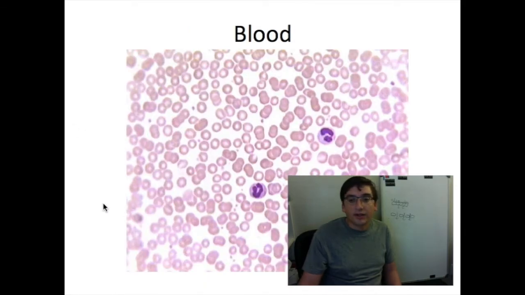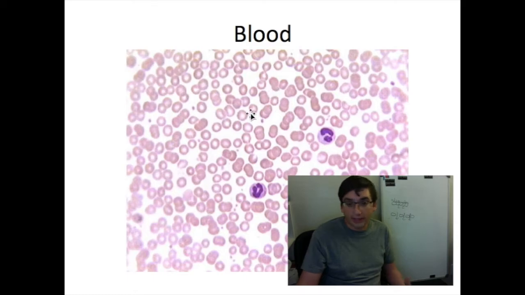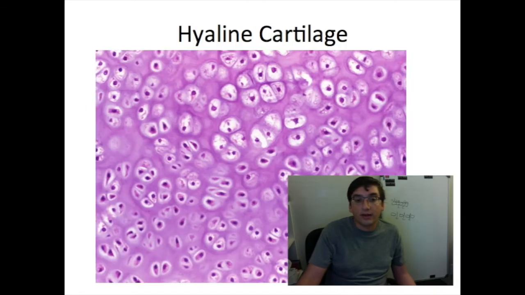Blood is actually also connective tissue. Most of these are red blood cells. The white blood cells are the big white and purple ones, and the little itty bitty ones are platelets. Blood is also connective tissue, but note in this case we have an extracellular matrix that's liquid. It's water, basically. It's plasma. And so that would be why it's united under connective tissues. So now that we've kind of got the exceptions out of the way, the other connective tissues we cover in